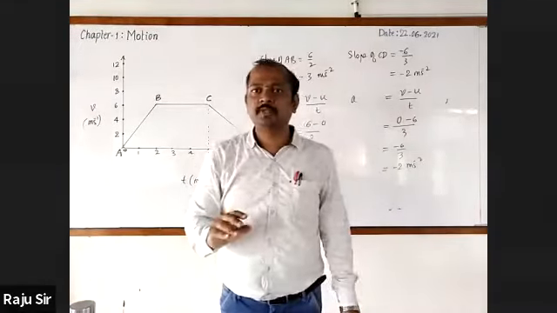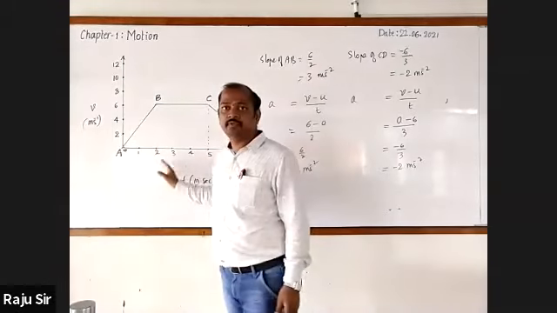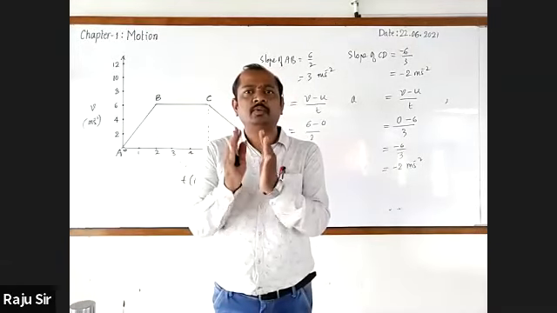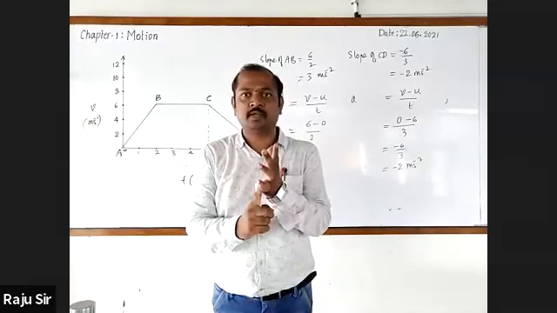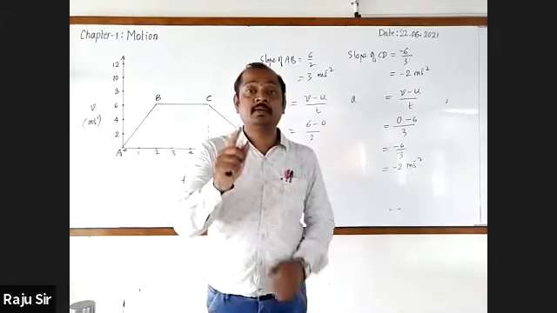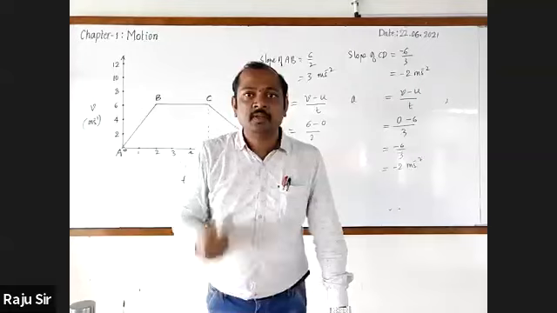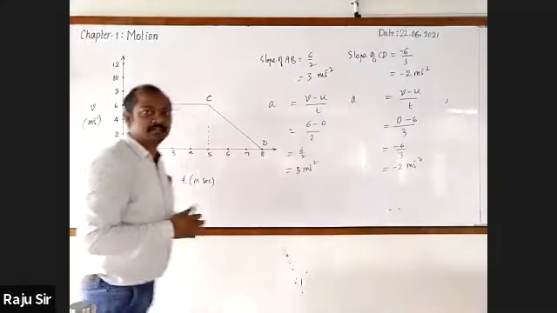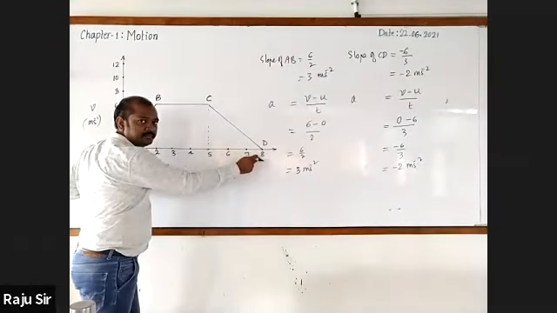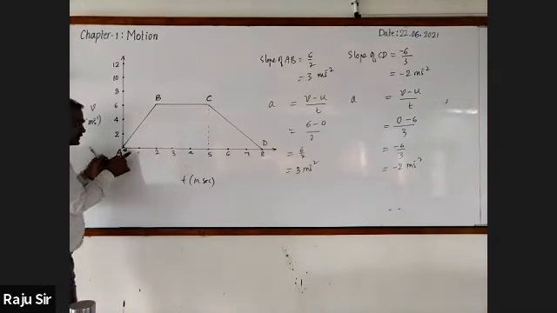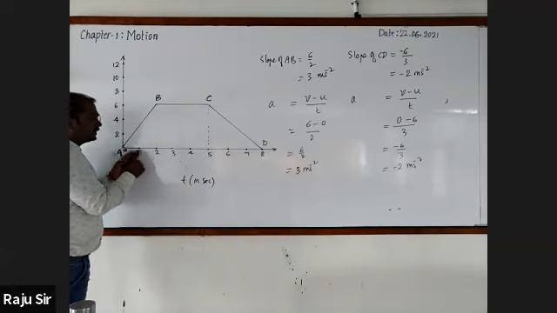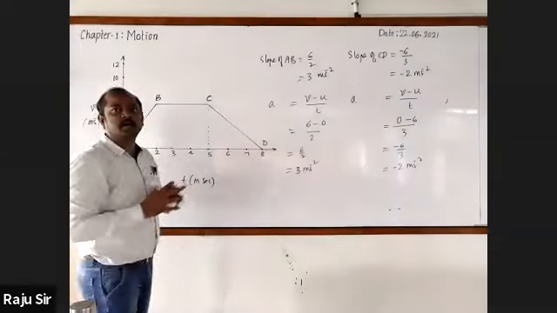Observe. Today's concept is area under VT graph is displacement. Yesterday we learned how to find out only the velocity. It may be initial or final. Acceleration. It may be positive or negative acceleration. But we did not focus on distance. Now we will go for finding the distance. You know, the body has traveled up to 8 seconds. You may find out the distance traveled by the body in every second. That is after 1 second, after 2 seconds, after 3, after 4, up to after 8.